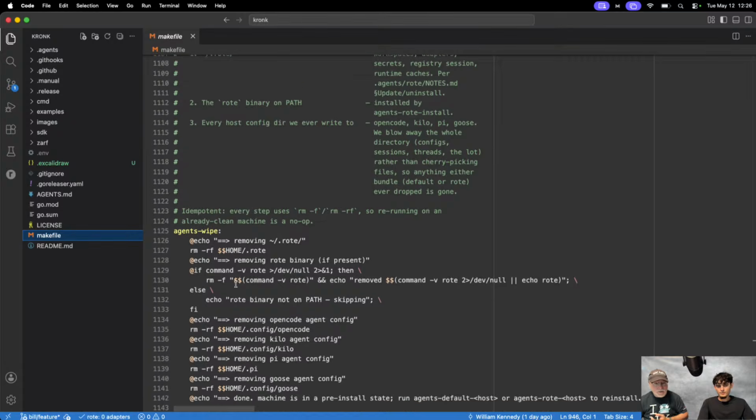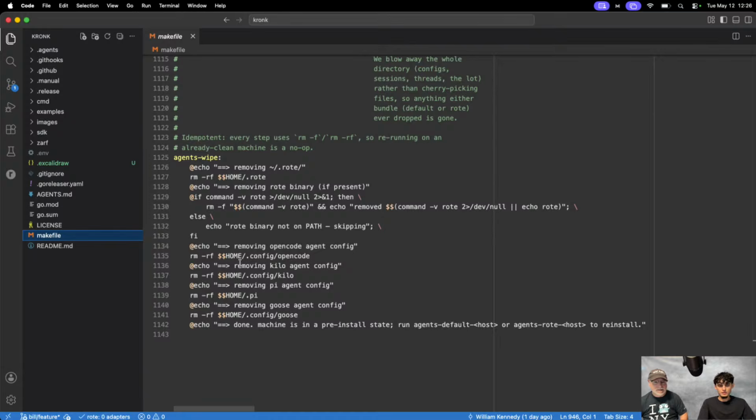I have a wipe command. The wipe command is going to remove everything, including my entire rote folder, which also means it's going to remove my rote installation, which I just learned about. Installing rote is not like a massive problem, but